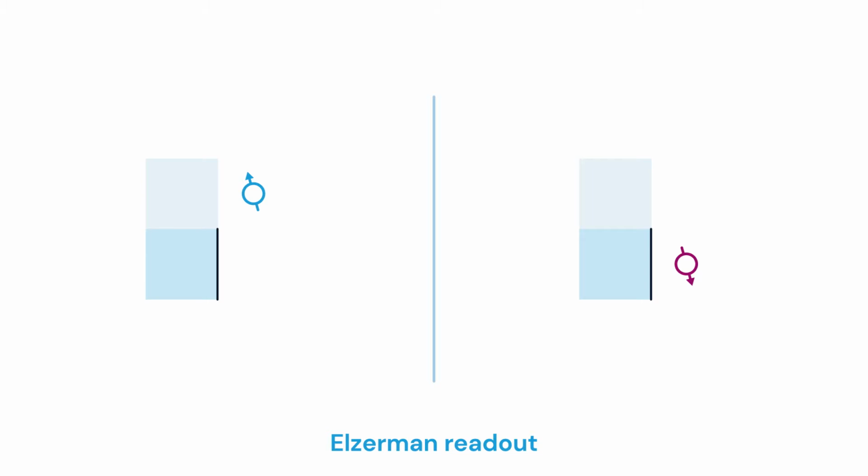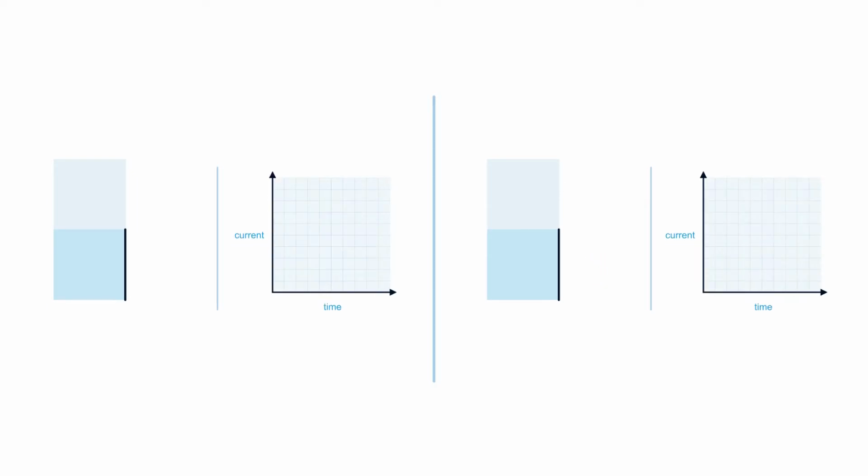The spin of an electron may be read out in different ways. When the spin energy levels of an electron in a quantum dot are aligned with a nearby reservoir, such that the spin-up energy is above the reservoir and the spin-down energy is below the reservoir, readout may be achieved with what is called Elzerman readout. This energy-dependent tunneling results in a change of charge only when the electron is spin up. This change in charge can be measured using a nearby charge sensor.